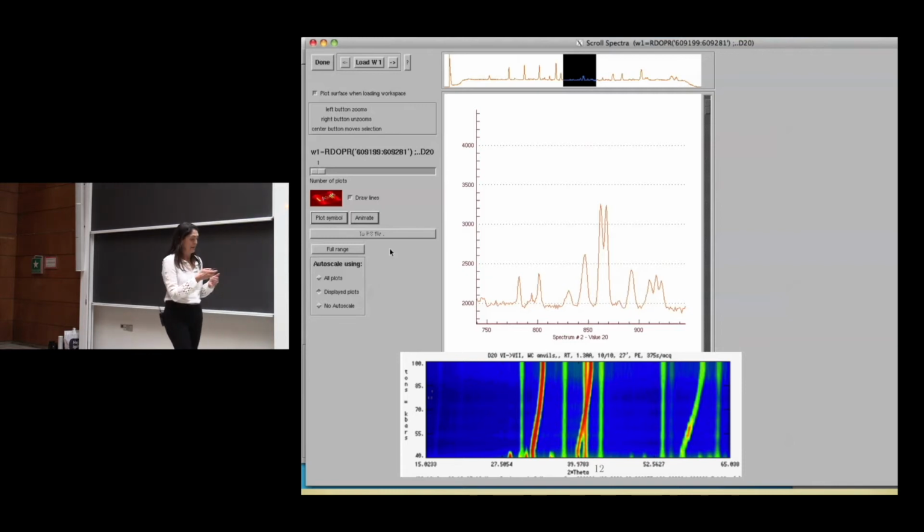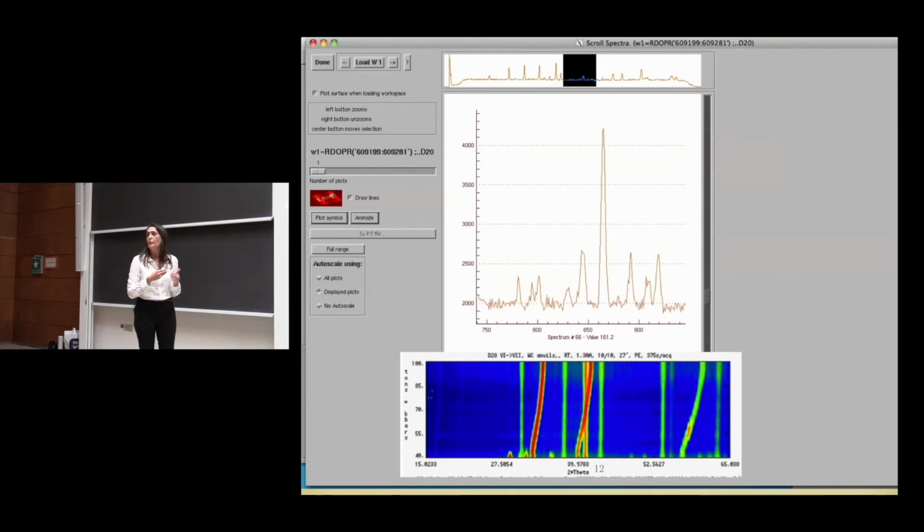So if you look at the movie that I'm going to play for you, you're going to see that there is a certain point where I go from this double peak here to a single one, and then it doubles again, because it's also what we call a reversible phase transition. So then we are changing temperature. The sample is going to another state. Now we have one single peak, and then if we go back and change temperature backwards, I go back to my same structure.